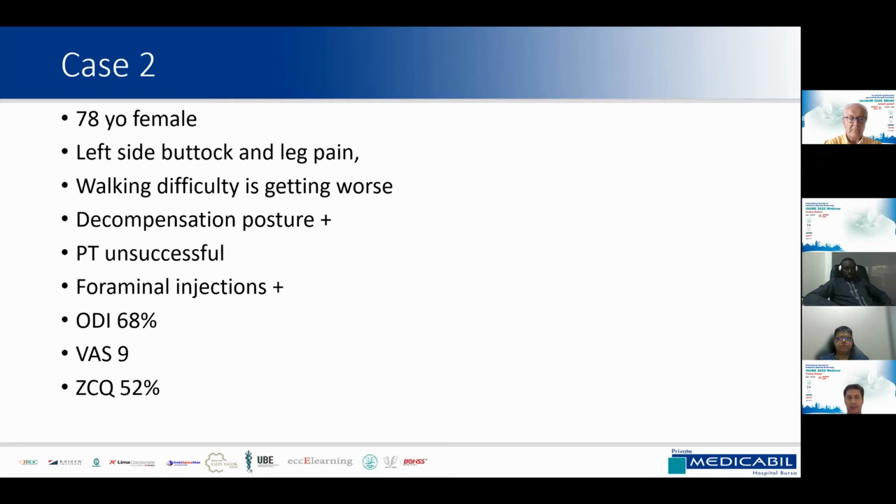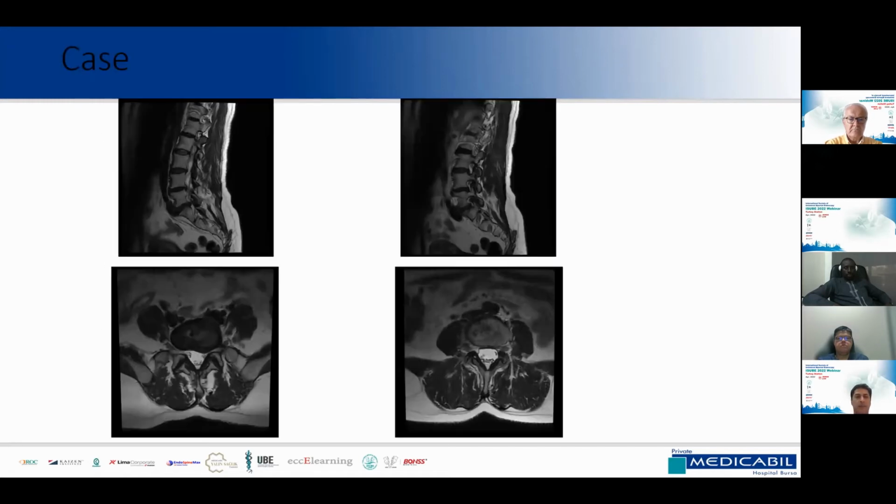And the other case, 78 years old female, left side buttock and leg pain. She had walking difficulty and a compensation posture also. She tried physical therapy many times, but unsuccessfully. And we did foraminal injections, and the pain scores are very high. And this is